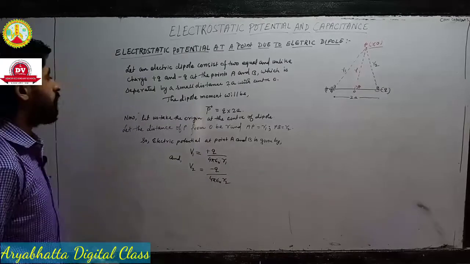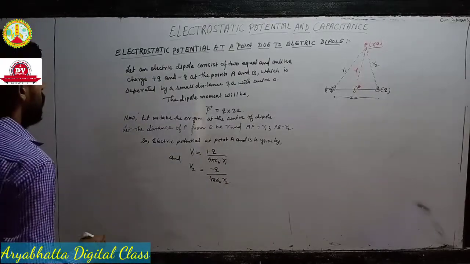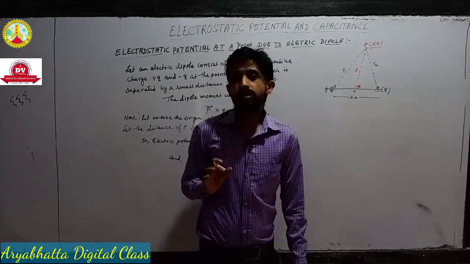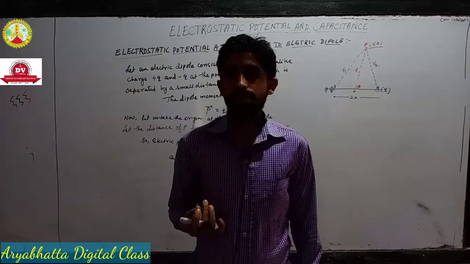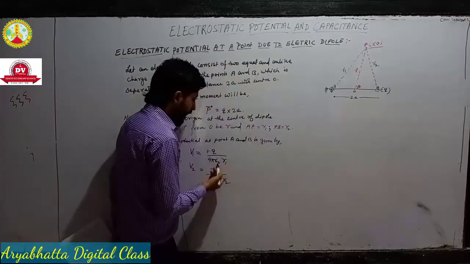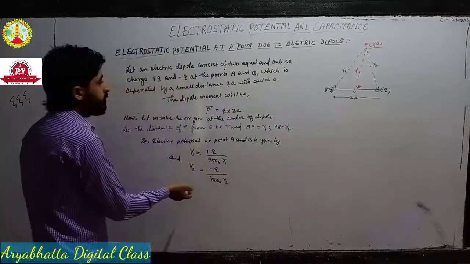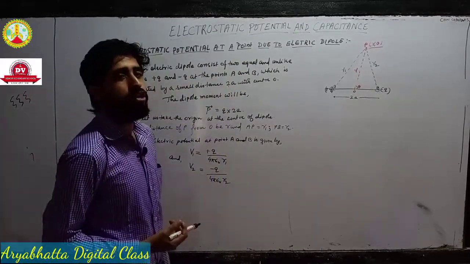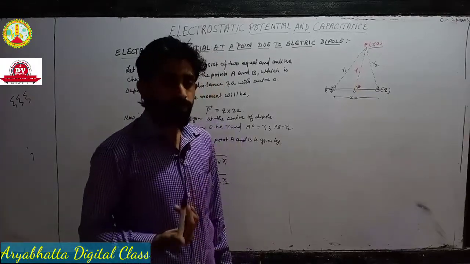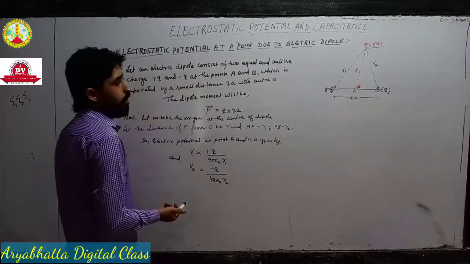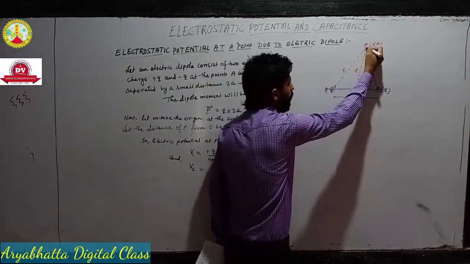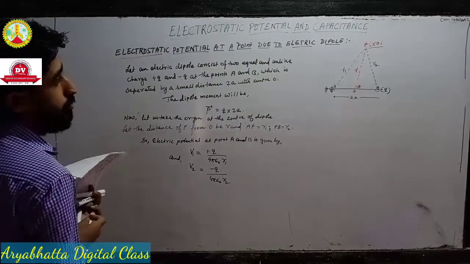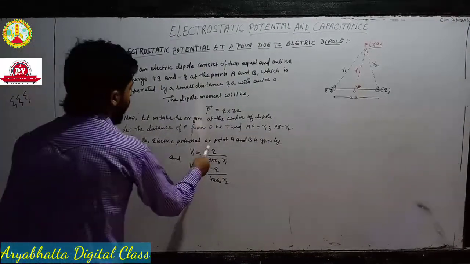Is this part clear to everyone or not? Fine. So now if I want to find the total potential, how will I find it? Simple. Just think, we'll just add these. And this principle is known as the superposition principle. Adding the two potentials will be known as the superposition principle. So if I want the total potential at point P, how can I find it? Just by the principle of superposition, that is nothing but just adding these two.